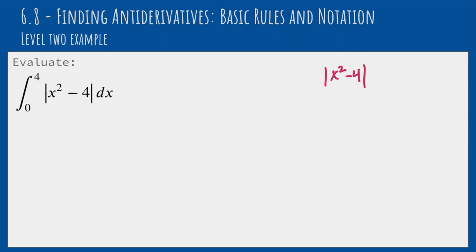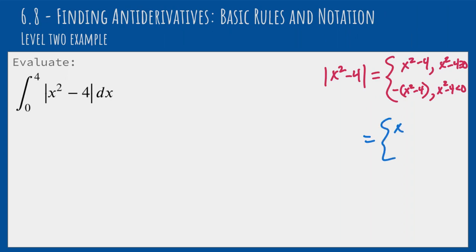So the absolute value of x squared minus 4 is going to be x squared minus 4 as long as x squared minus 4 is at least 0. And it's going to be the opposite of that, so 4 minus x squared, when x squared minus 4 is less than 0. So the absolute value is changing the inside of the absolute value to the opposite when it's negative. So rewriting that,